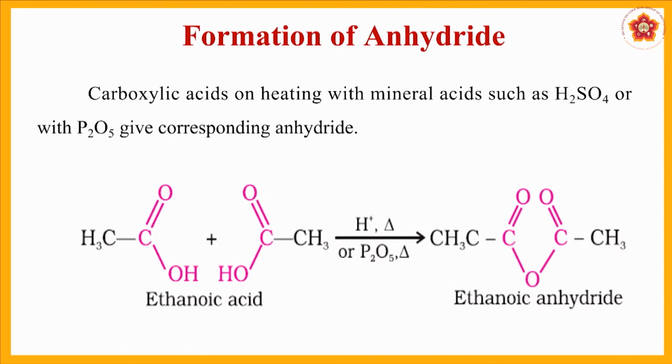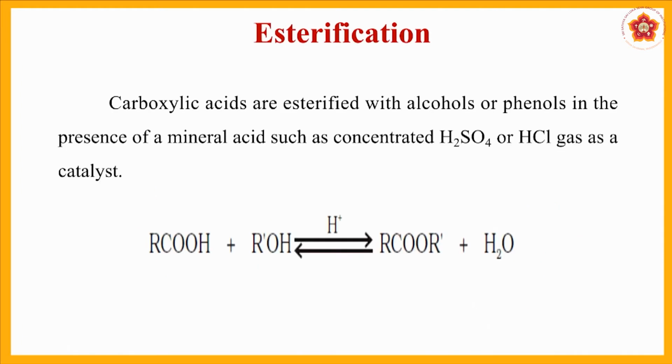Suppose it is present with different carbon atom systems, they generally give a mixed product which may not be very stable in nature. So, therefore, this is how these reactions can be undertaken for the formation of anhydride.